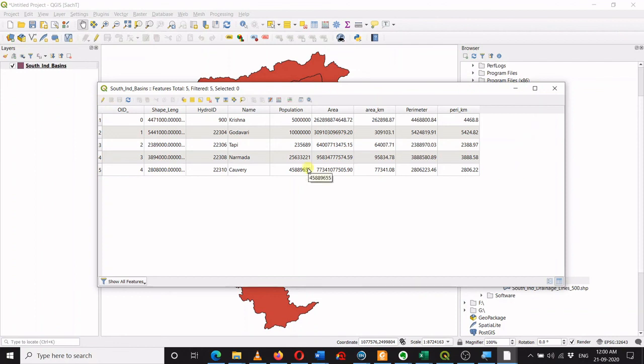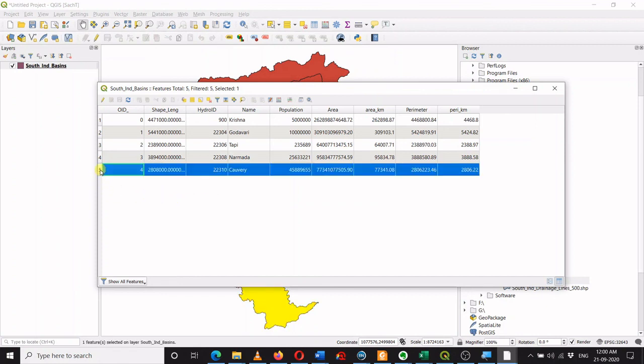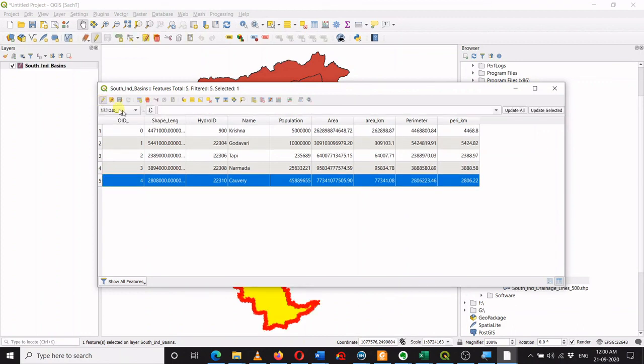So just now in this video we have learned how to edit the attribute table, how to create new columns, how to delete existing columns, and how to calculate the area, perimeter, or perform operations using the field calculator. Here you can also delete features. For example, if I want to delete this feature, I can just click over here, and if I turn this editing mode on, I can delete this selected feature. So once I delete it, it will be gone.